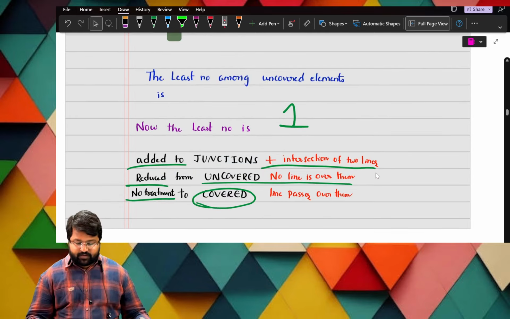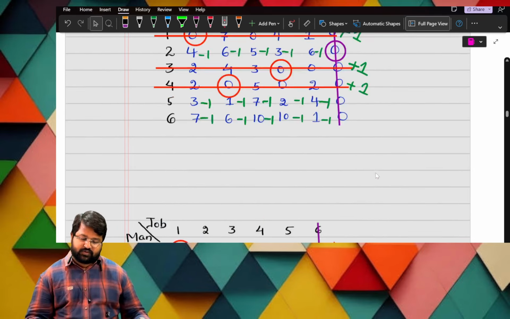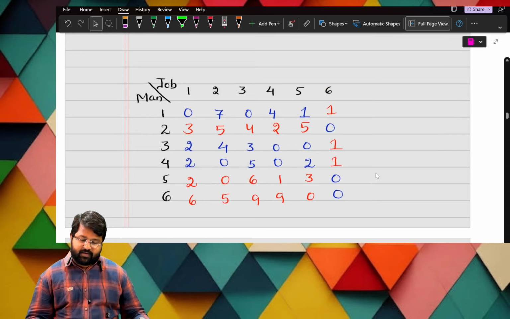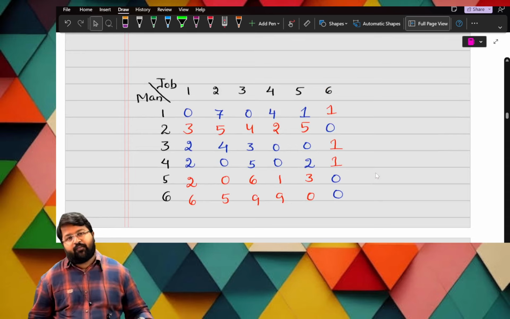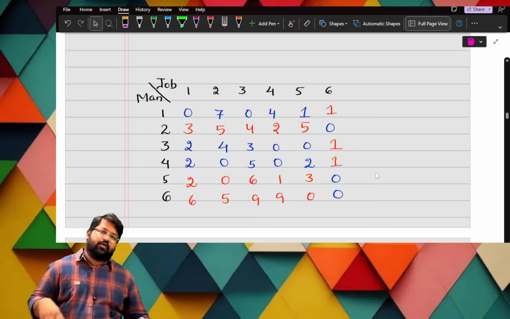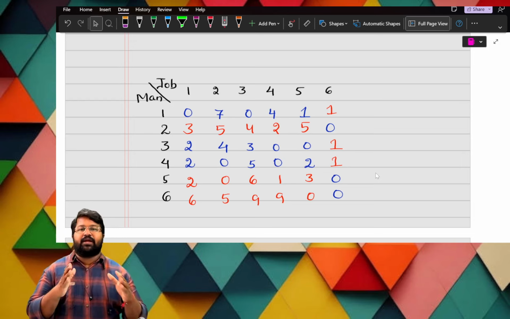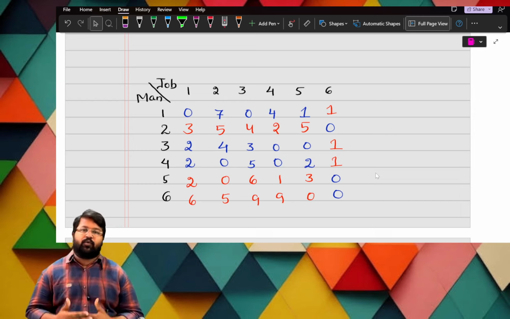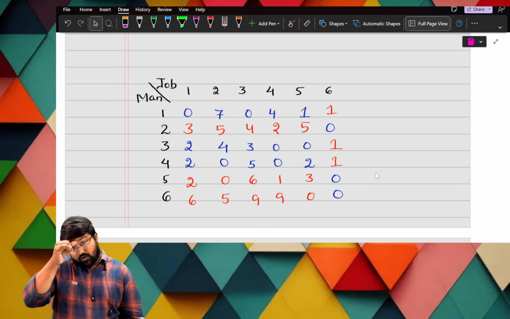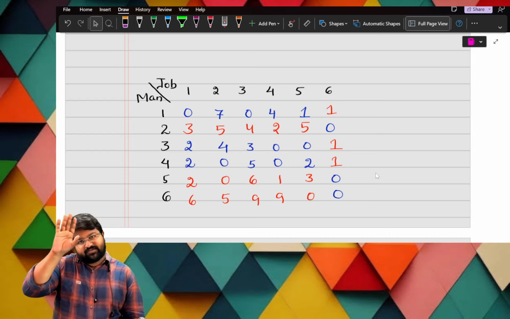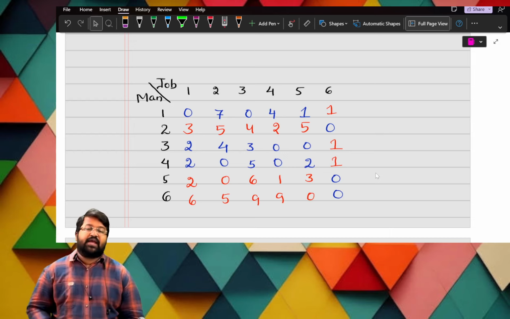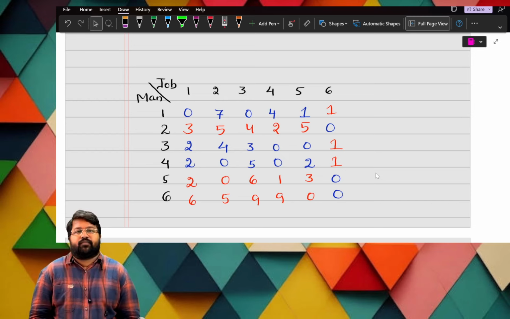Pause here and do it once so that you will get this matrix. This is the end matrix. After improvement, I am getting a new matrix. So every step I will get a new matrix. From that step, I have to proceed further. But I should not go with the first matrix. The first matrix is being altered now. This is the end result of our improvement. Pause here and do it more quickly.